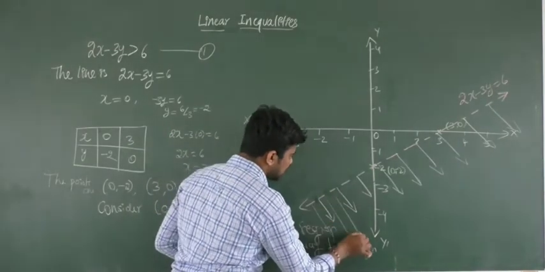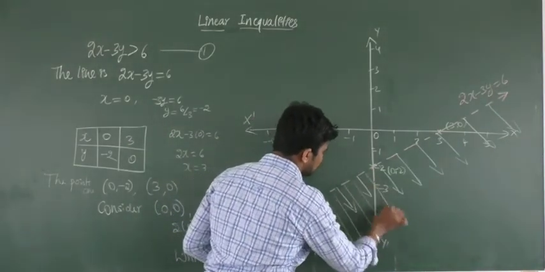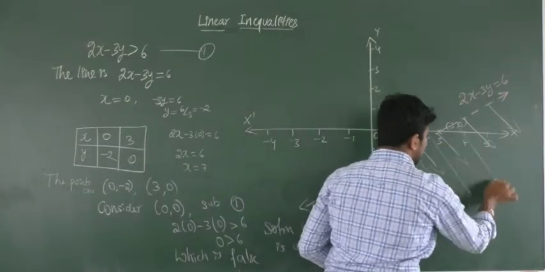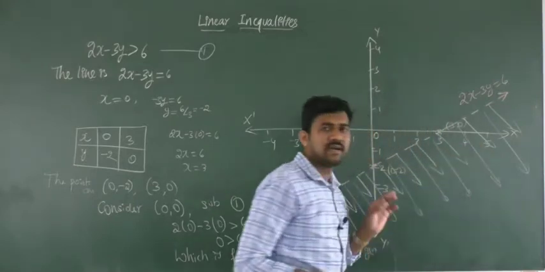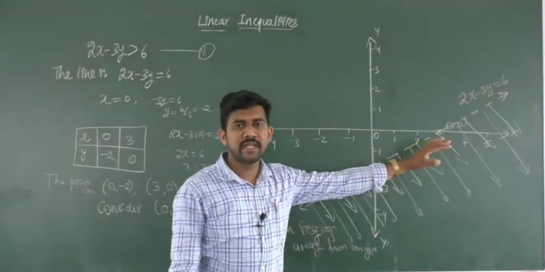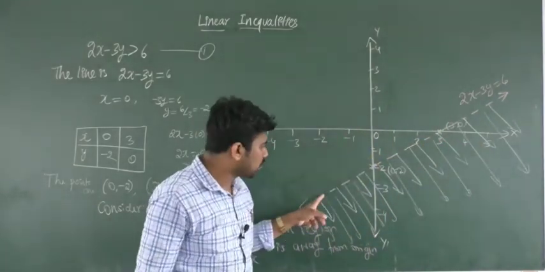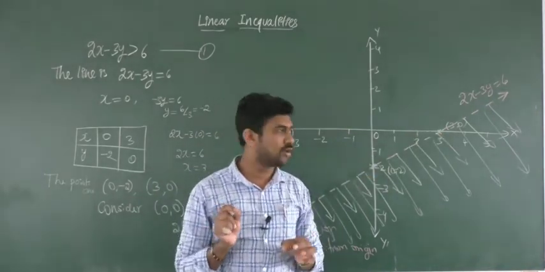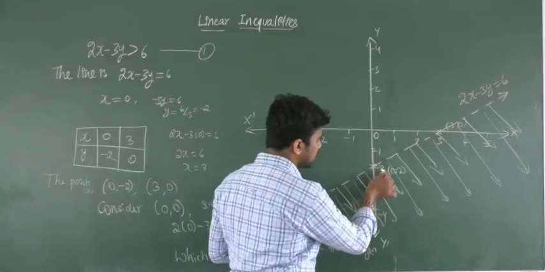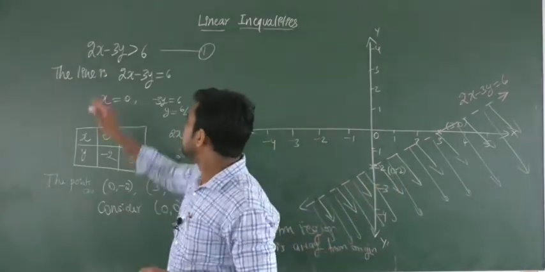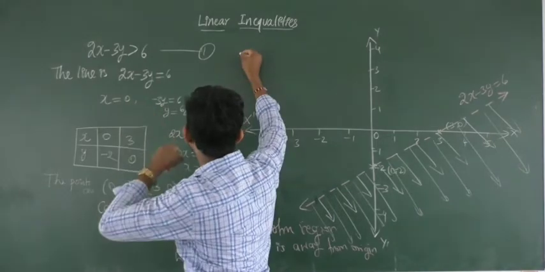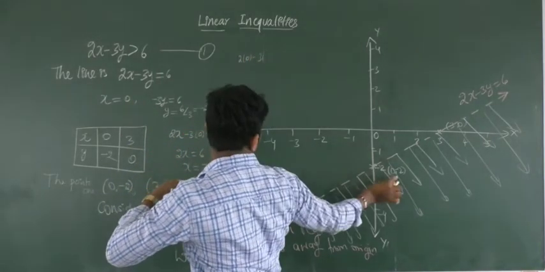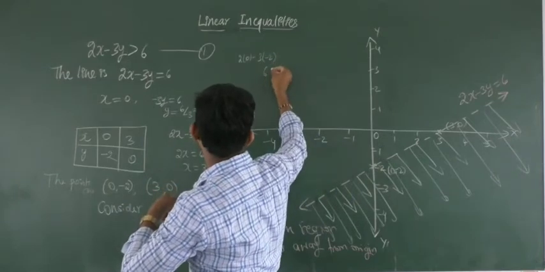So you can shade this region to show which is the solution region, or you can draw lines like this with an arrow mark. It means the lower half plane is the solution region, and the points on the line do not lie in the solution region. You can check: if you consider the point (0, minus 2) on the line and substitute, x is 0, so 2 into 0 minus 3 into minus 2, you will get 6 greater than 6.